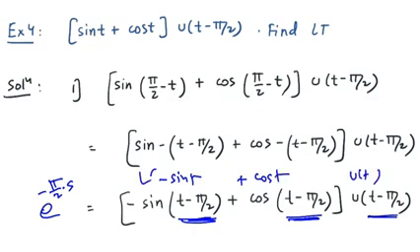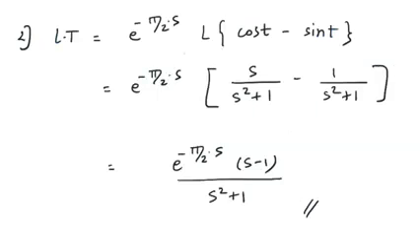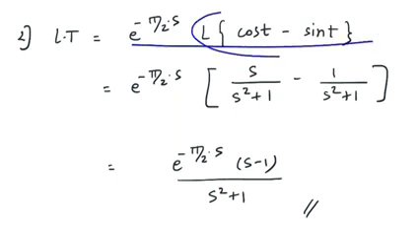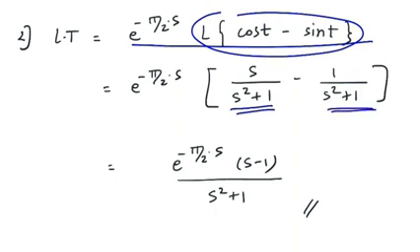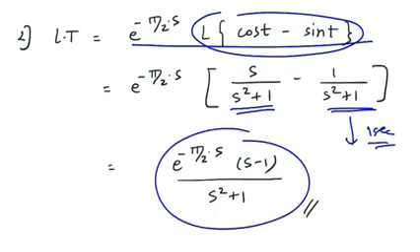Now take the Laplace of this part. Okay, so Laplace of minus sin t, then you have to take Laplace of plus cos t. So doing the remaining part, Laplace of cos t minus Laplace of sin t, the respective answer is s over s square plus 1, minus 1 over s square plus 1. All this part is explained in my previous videos where basics of Laplace transform and the standard results are provided to you. So it will take 1 second to get this answer, and the final answer is this.